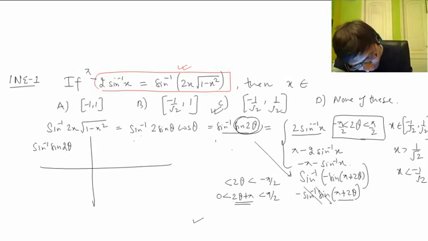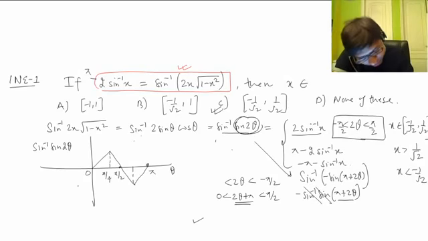It's a periodic function with period half. So this is 0, and this is pi by 2, pi by 4. So you can see that from 0 to pi by 4 when theta,